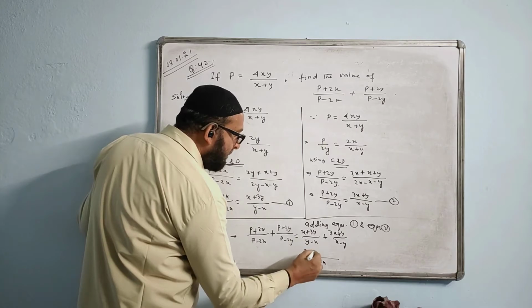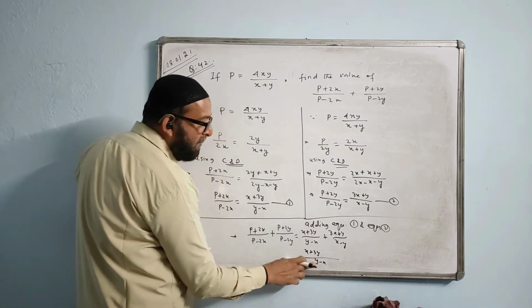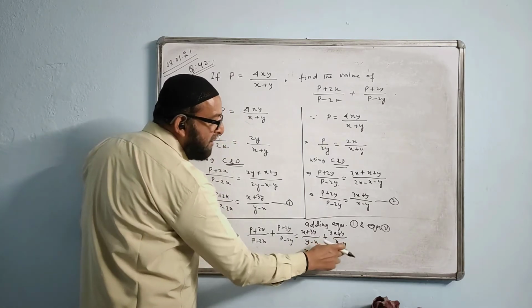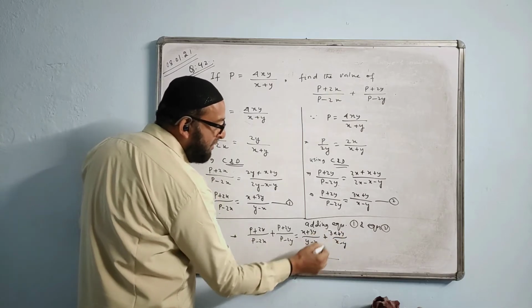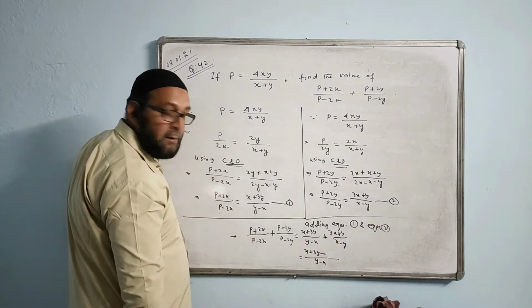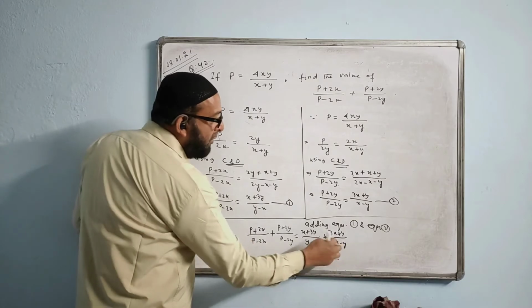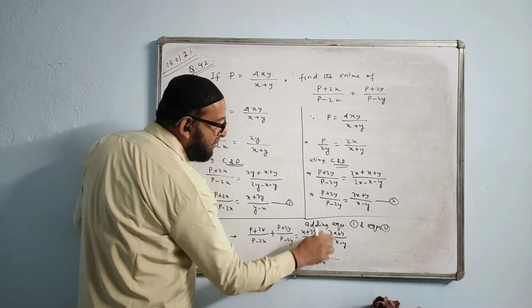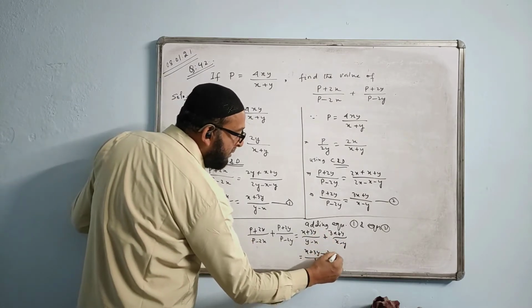Here we will get x plus 3y. You are taking y minus x as LCM. Here it is x minus y, just the opposite of this. We have to change this sign to minus. When you turn the order, you have to put a minus sign with it. Minus of this I will write: minus 3x minus y.